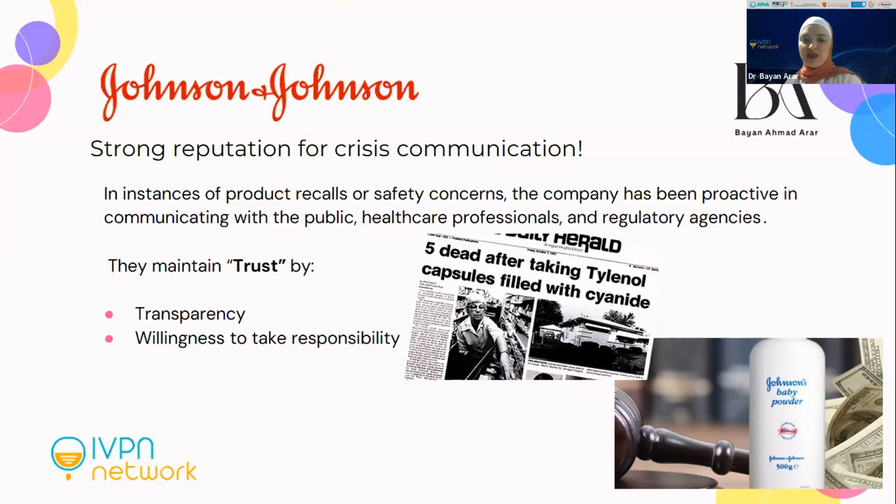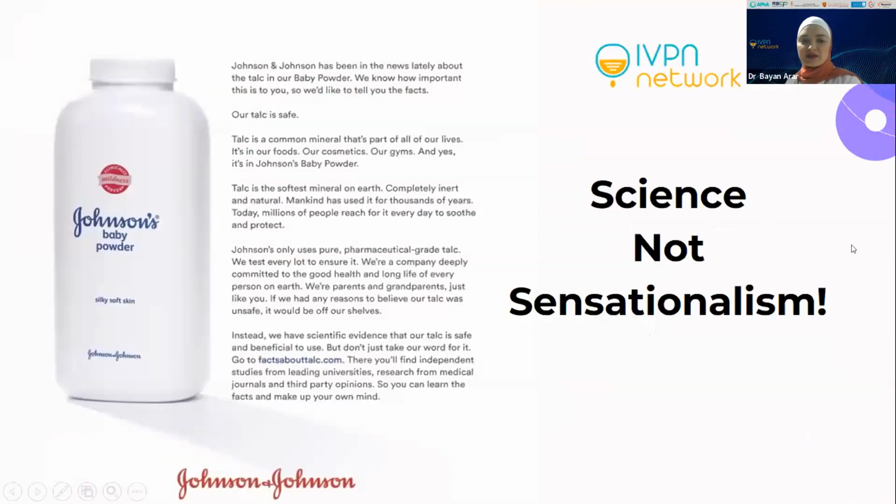So what they did was a clarification like this. What they said was: we, Johnson & Johnson, have been in the news lately about the talc in our baby powder. We know how important this is to you, and we would like to tell you the facts. With this sentence, they're being transparent. They took the responsibility of getting this message to the public, making it simple and clear,